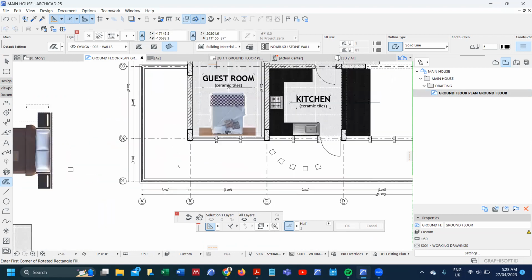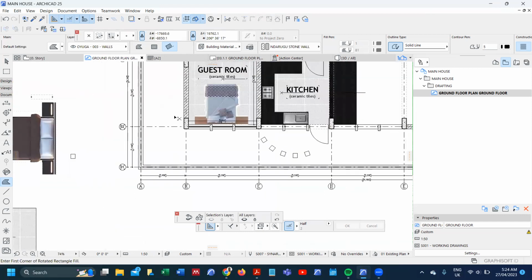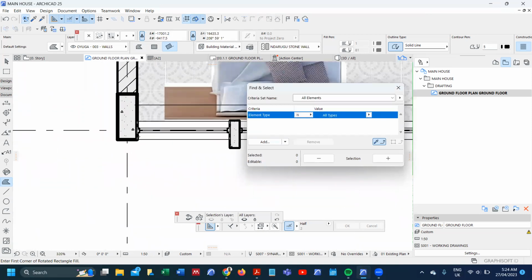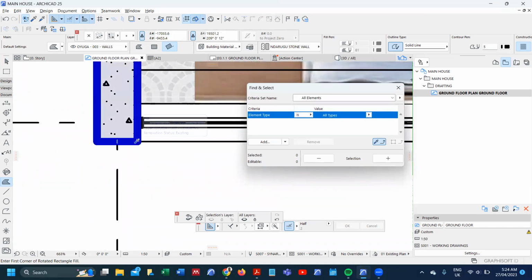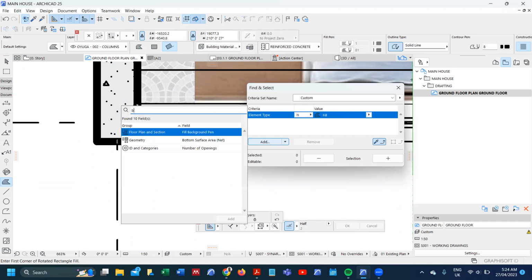Now, we now want to do the first floor. As I said, there are things that will not change. Things like those columns, the grid, etc. So I want to use the find and select tool to pick up those items that I'm sure will not change. For example, if I look at its building material,